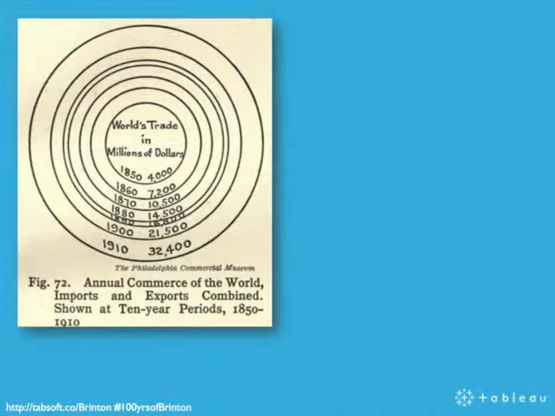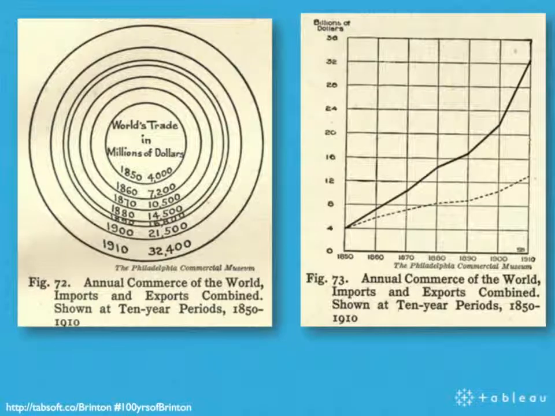And so Brinton made this example many times in the book. This World Trade one was one example, and he redrew this chart as a line chart. You can see in the line chart that it's a lot easier to see the rate of growth, when growth was faster and slower, and it's a lot easier to compare very accurately the differences between different periods. Don't size by area, said Brinton.